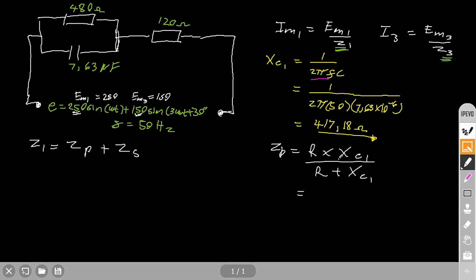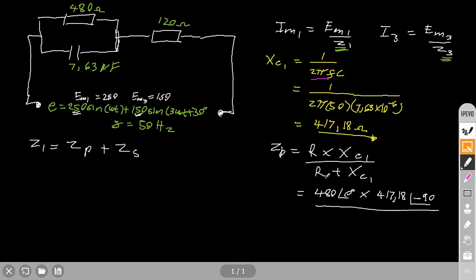So now, when you are multiplying, remember that it's in polar form. So in polar form, your resistance is going to be 480 at an angle of 0, times, remember this is a capacitor, so it's going to be 417.18 at an angle of negative 90. If it's an inductor, it's going to be 90, but a capacitor is negative 90. Right, all over,